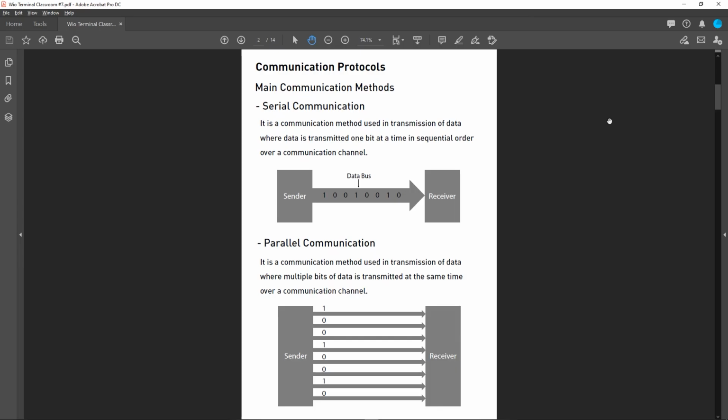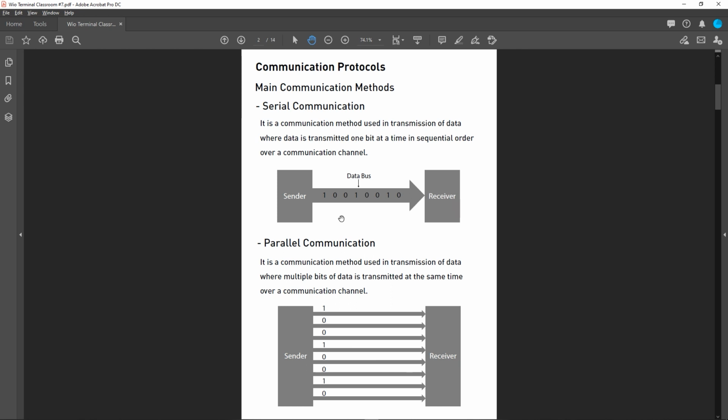So now let's talk about serial and parallel communication methods. Normally in a simple communication system, there is a sender and a receiver. When the sender sends data, the receiver receives that data through a communication channel. There are two main ways to communicate between a sender and a receiver.